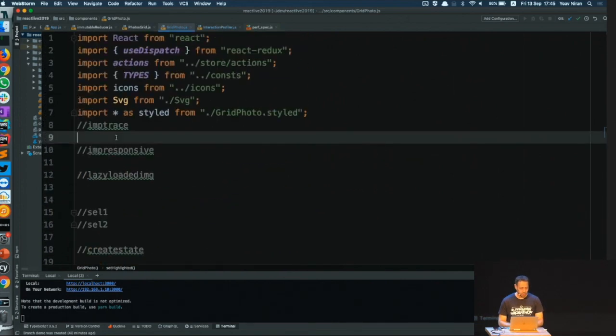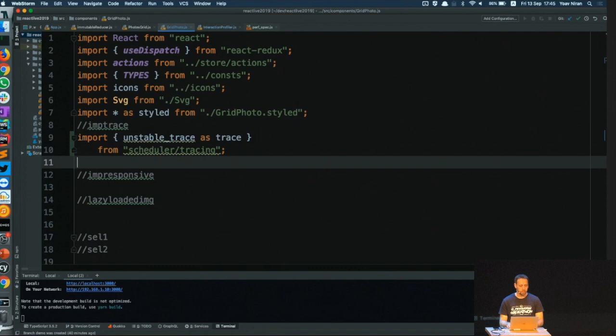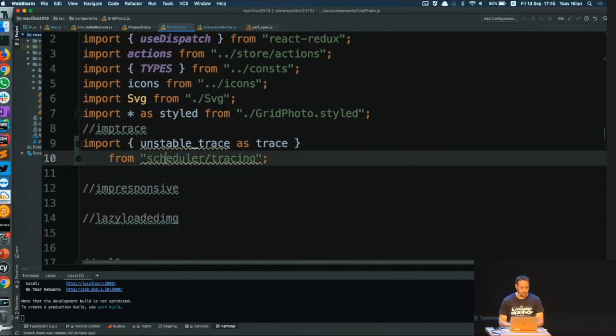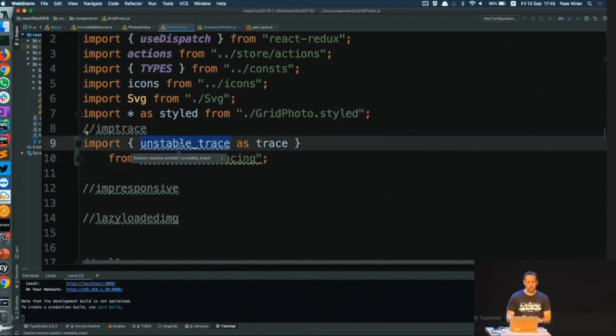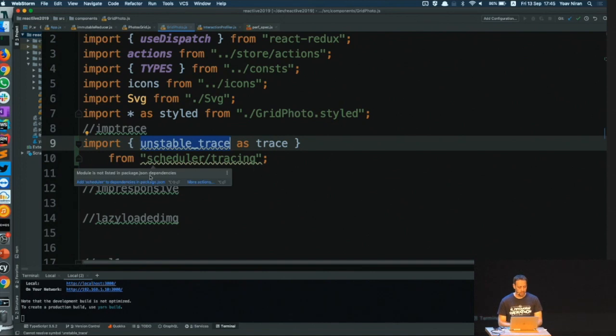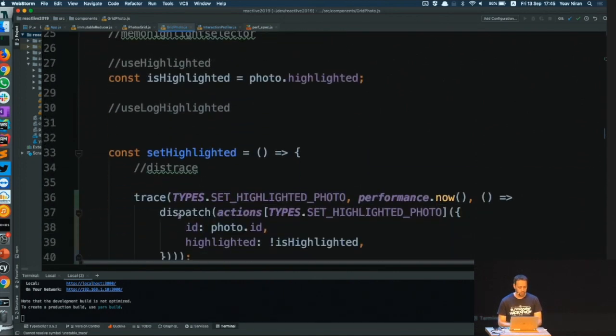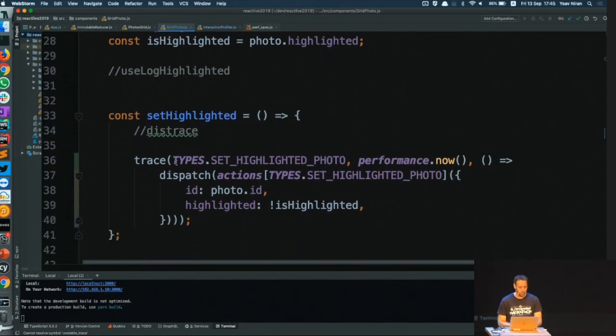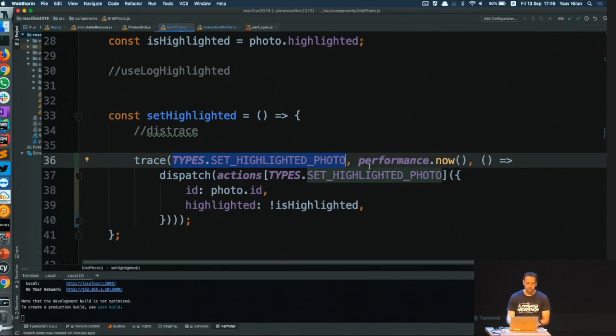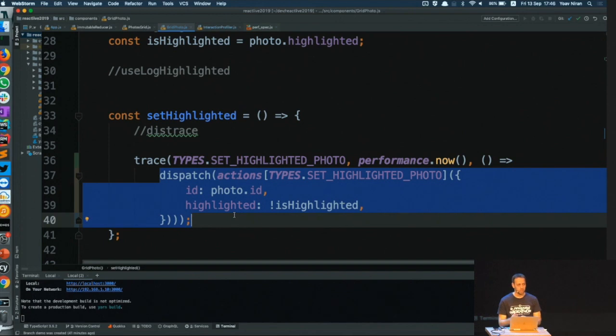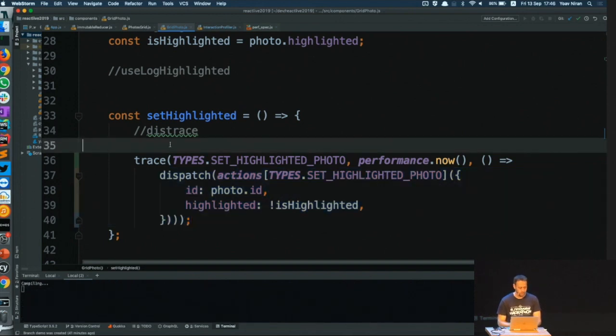And trace is actually something from the scheduler package from React. But this is still considered unstable, so hence the prefix. But actually, it didn't change over the last year or so, so I'm pretty sure it's going to stay similar. The API is going to pretty much stay the same. And what we're doing is we're giving it some kind of an ID, in this case, my action type. We're going to give it the start time, and then we're going to dispatch the action inside. So with that set up,